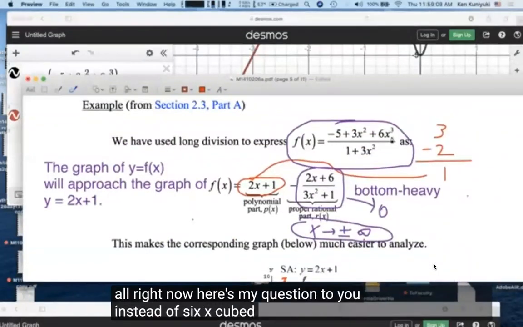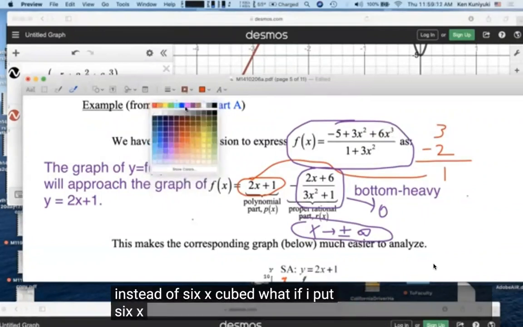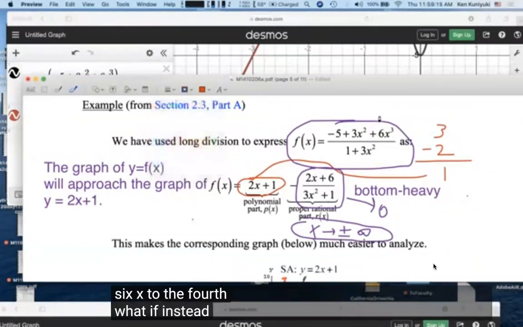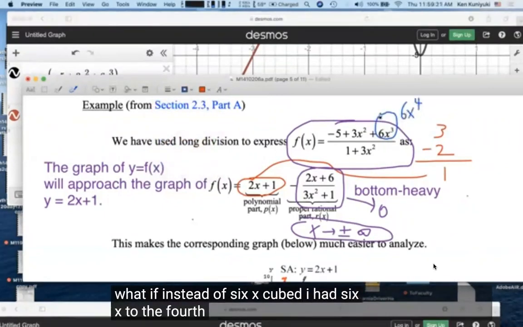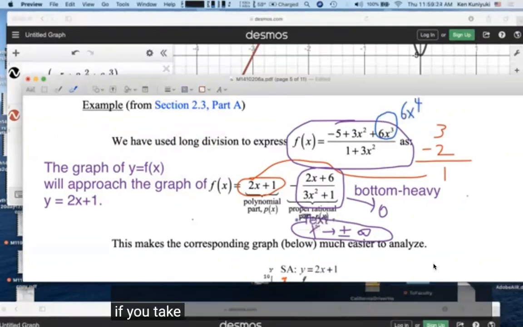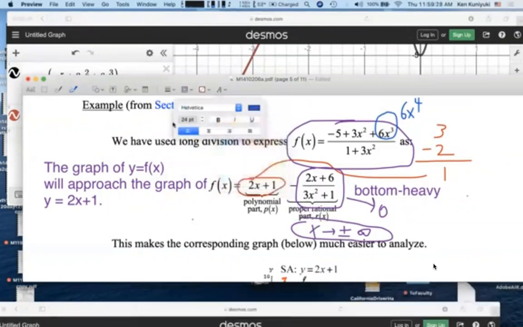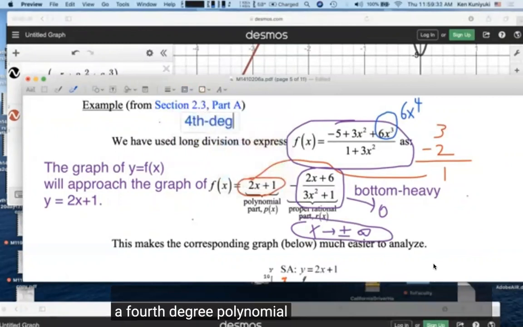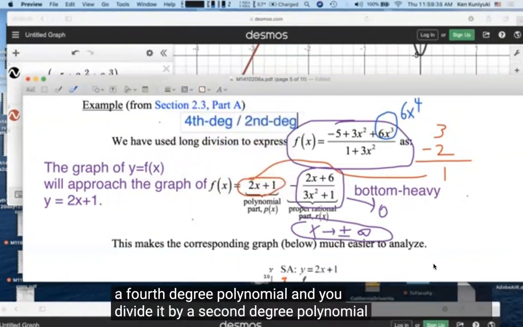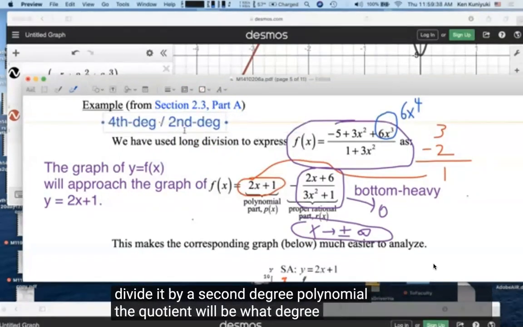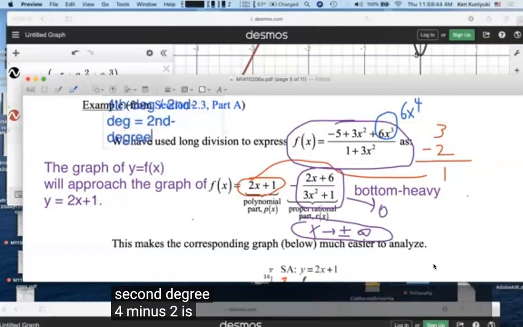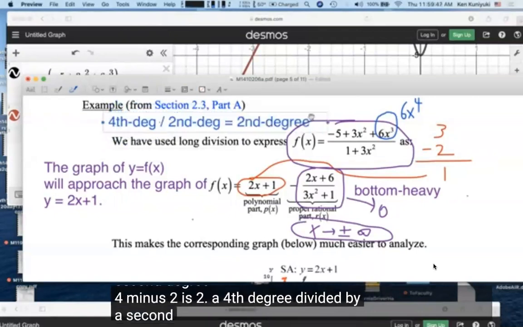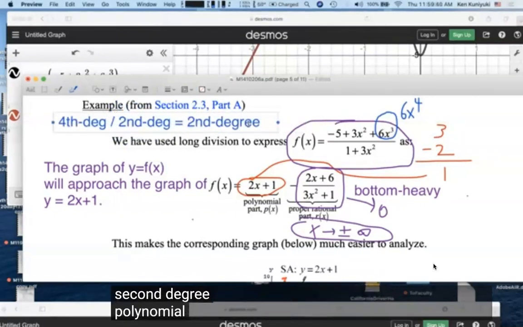Instead of 6x cubed, what if I put 6x to the 4th? What if instead of 6x cubed, I had 6x to the 4th? Hypothetically, if you take a 4th degree polynomial and you divide it by a 2nd degree polynomial, the quotient will be what degree? Well, the difference of the degrees, 2nd degree. 4 minus 2 is 2. A 4th degree divided by a 2nd degree will always give you a 2nd degree polynomial, maybe with this fraction